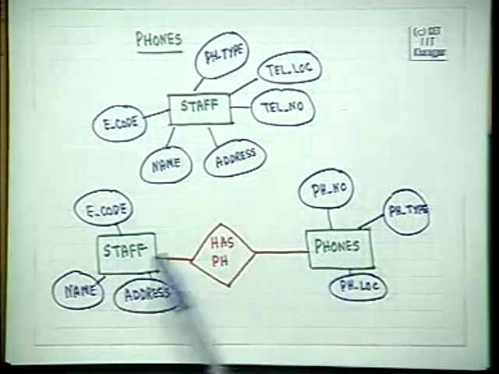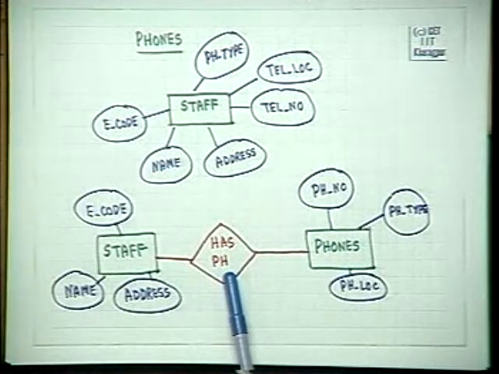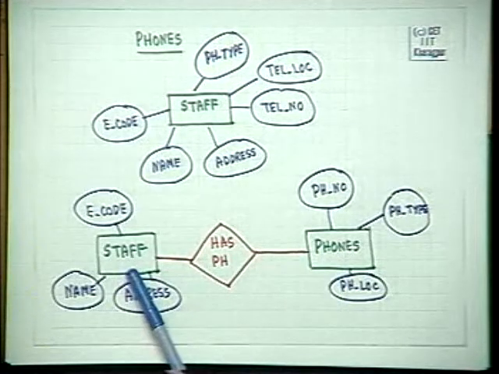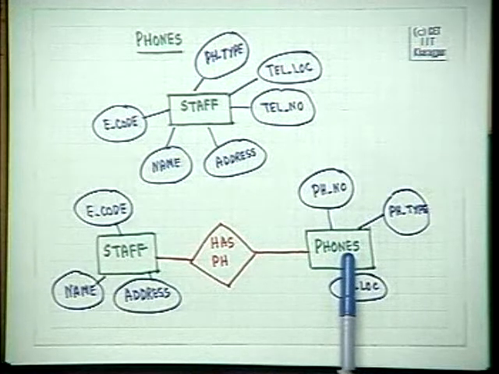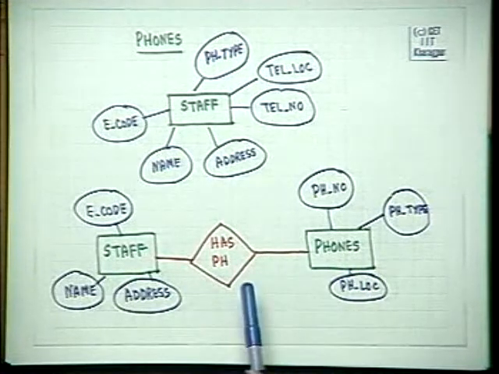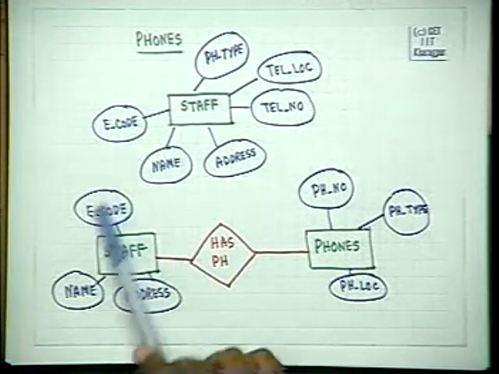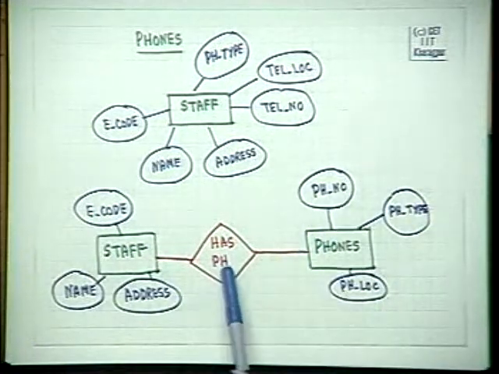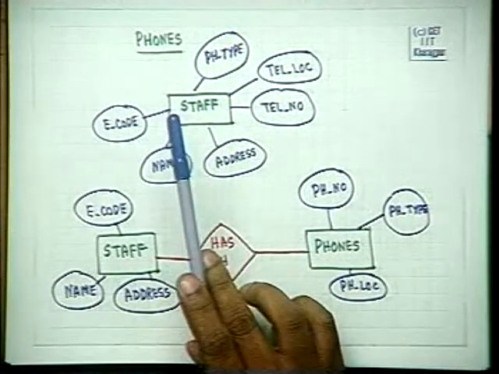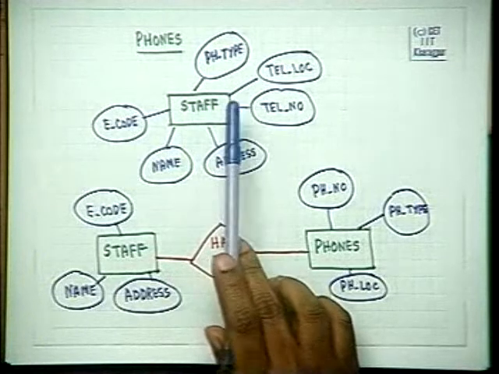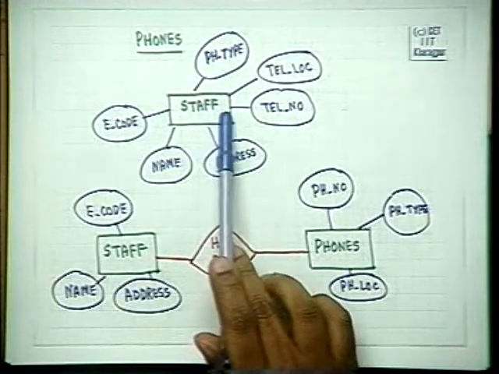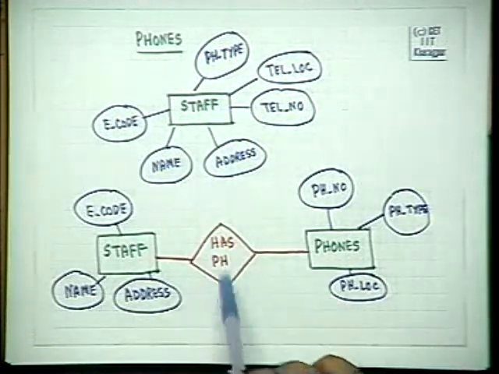Here, this relationship takes care of the fact that this staff member may have a phone 4705. Another staff member may have the same phone provided they are in the same room 4705. This relationship will have both of these sets and they will be differentiated by this part, whereas this part will be same in this relationship. Here also you can have the same two staff members sharing the same phone, and here also you can have the same phone number with a staff member having more than one phone. That is there in both of these situations.